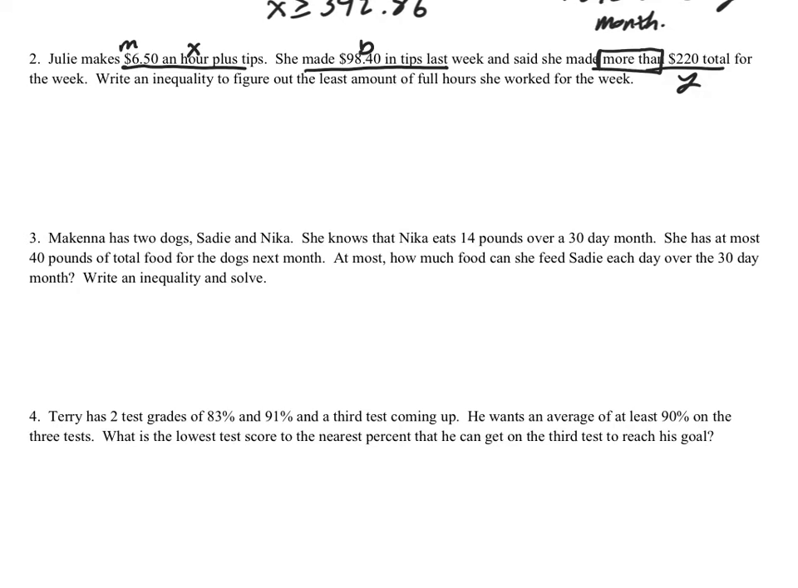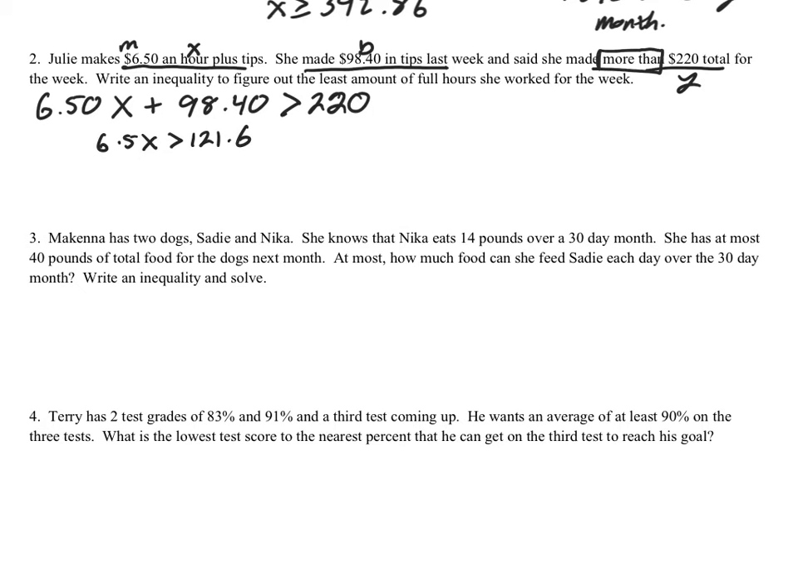So let's go ahead and write this down. She makes $6.50 every hour, and X is representing our unknown number of hours. Plus, she made $98.40 in tips. Now, we know that that is going to be more than, greater than, $220. Okay, so now we have our equation. So now we can solve. We want to subtract 98.4 from both sides, and we're going to get that 6.5x is greater than